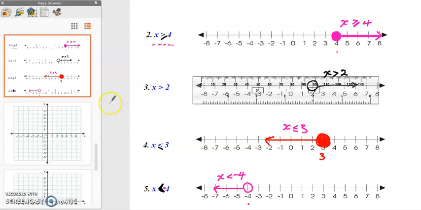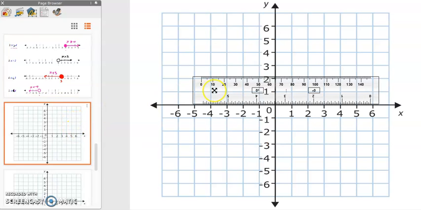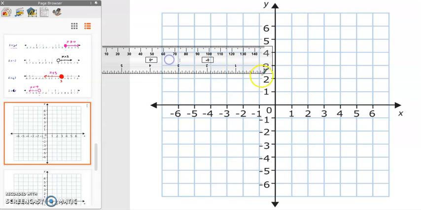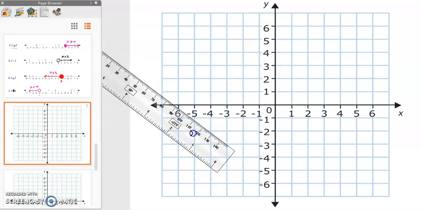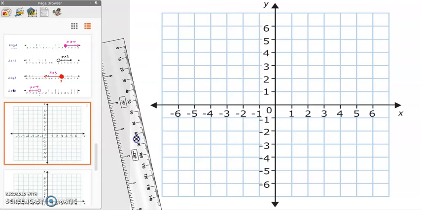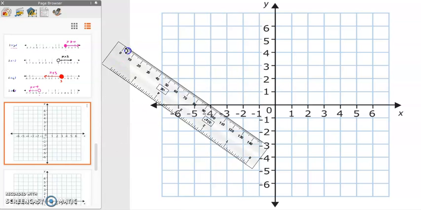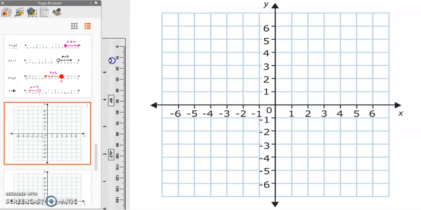Alright, so let's move on to a different phase here now, where we're going to represent these using the graph. How do we represent these on a graph? Let's explore that at the moment. Let me use some random inequalities here. I'll call this one number 1. If we should have x less than 2,